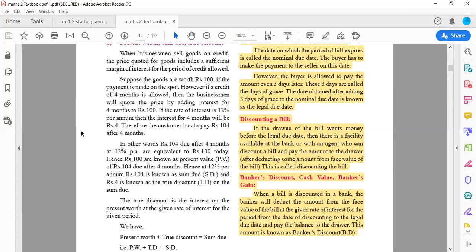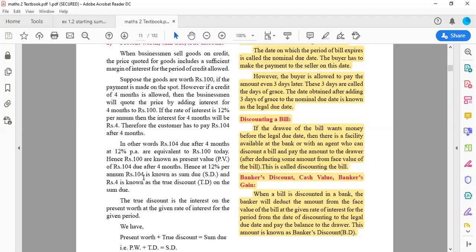You are borrowing it. So, for example, as the sum says, if I'm borrowing it for a period of 4 months, then after the completion of 4 months, the thing that I can take for ₹100 today, how much will it cost me after 4 months? ₹104. That is 104. So, in other words, ₹104 due after 4 months at 12% is equivalent to ₹100 today. Today's ₹100 is equivalent to ₹104 after 4 months. Hence, the ₹100 is called the present value, today's value or present worth.